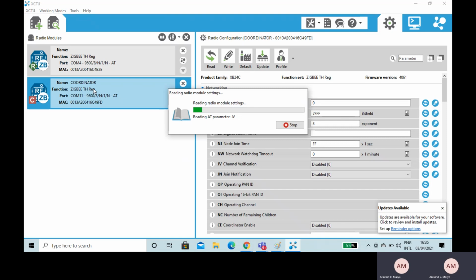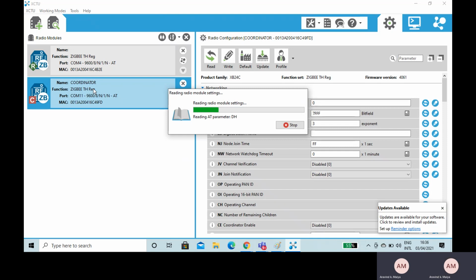What it is doing is reading the radio module parameters. There are a lot of parameters which come into the picture here, and there are some settings which have to be done. What type of settings, I shall explain.